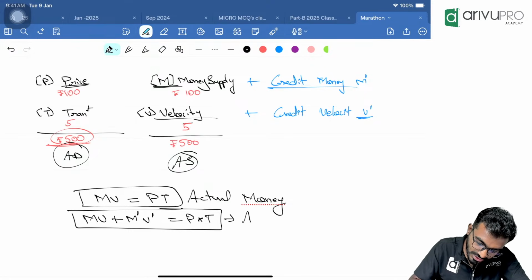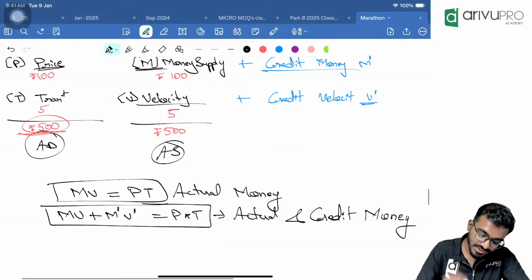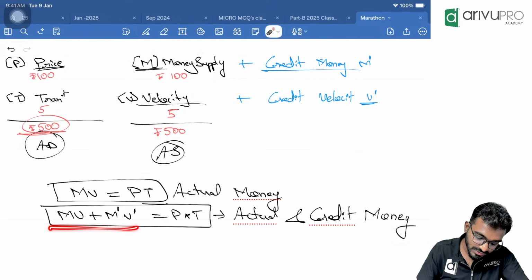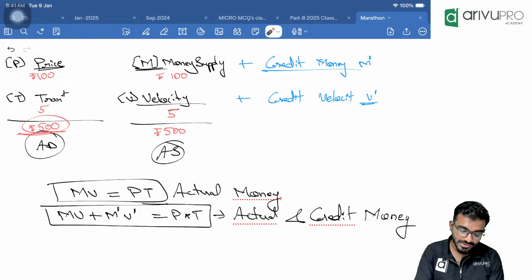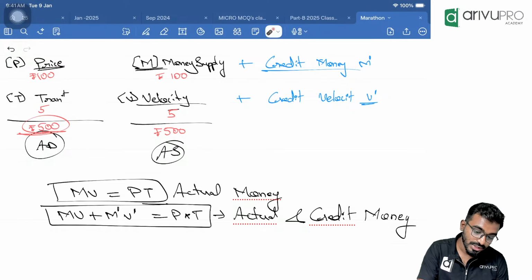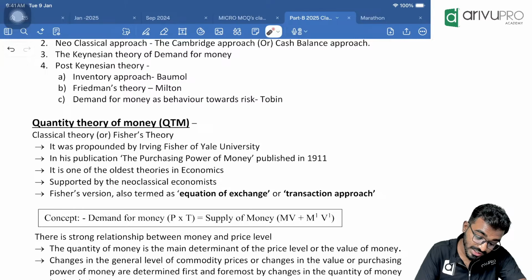So this is actual and credit money. So this is the formula. So entire QTM is focusing on the supply side. It is not focusing on the demand side. It is completely focusing on which side? Supply side. So that is the concept of QTM, quantity theory of money, which is one of the oldest theory,